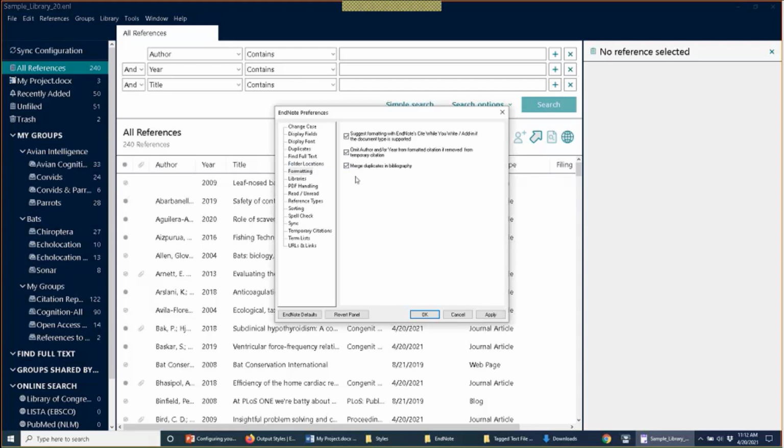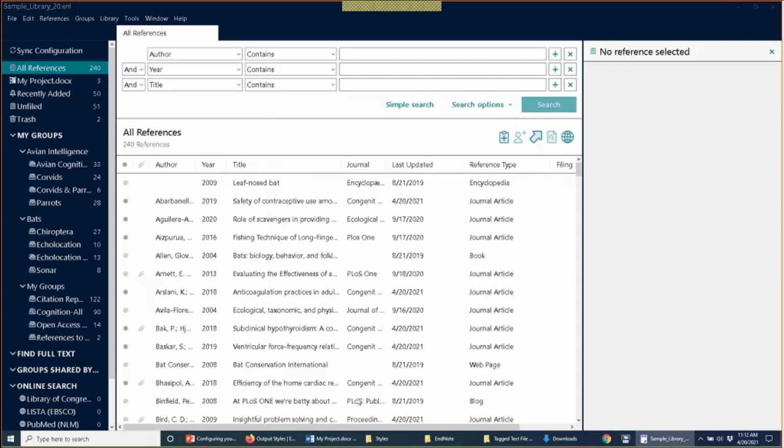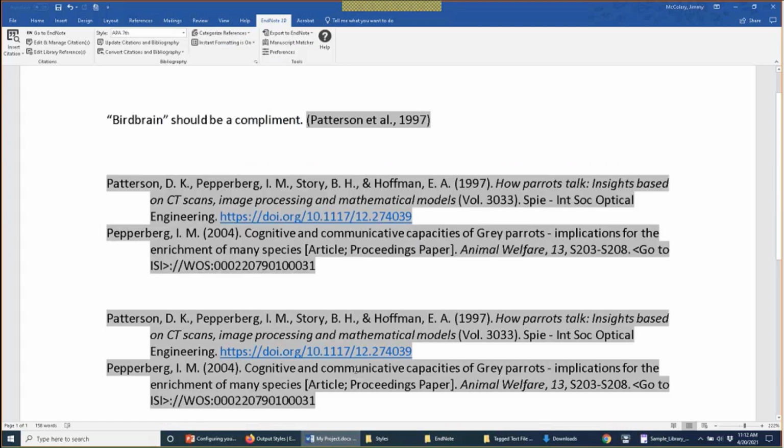This is turned on by default. If EndNote does spot a duplicate in your document, EndNote will merge those items so that there's just a single entry in the bibliography. If I click OK here again and go back to my Word document, both of these,